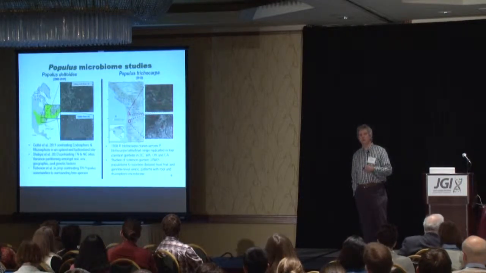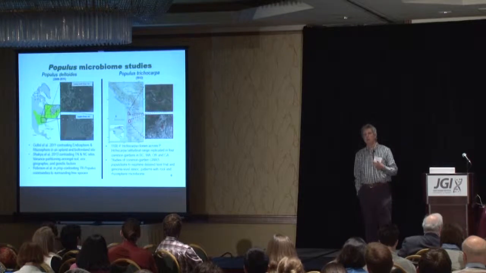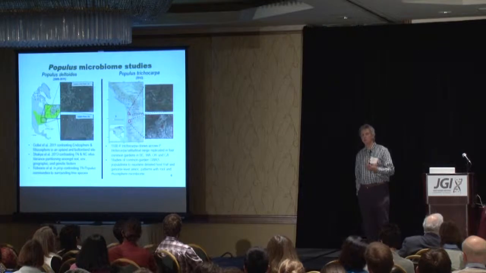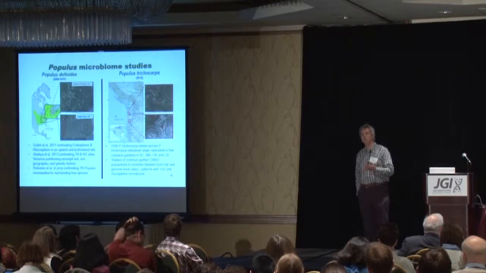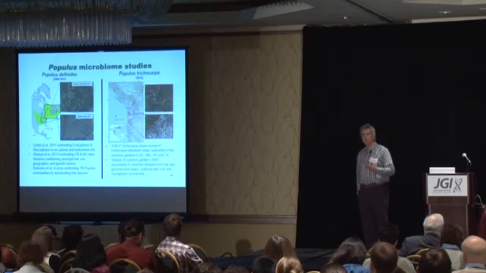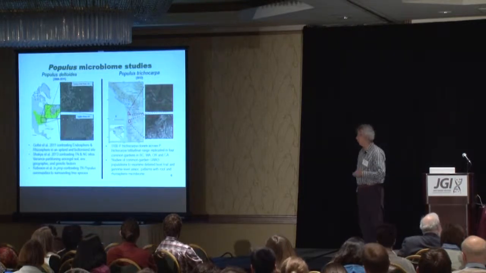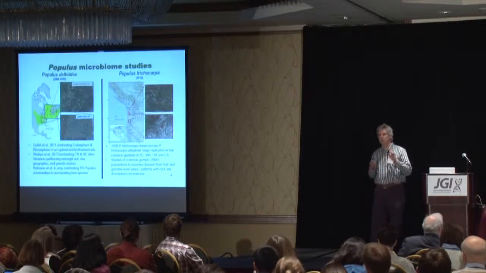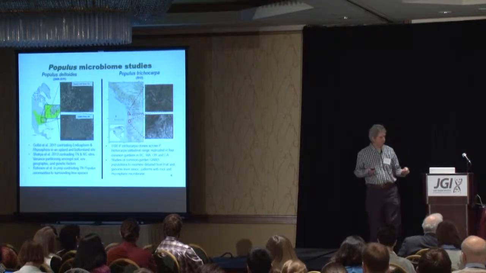More recently, the group has focused its attention on some other sites on the West Coast where Populus trichocarpa is the dominant tree species. In particular here, we're looking at a common garden study involving 1,000 cloned Populus genotypes planted into 4 different common gardens from California up into British Columbia. And again, looking at a number of different aspects involving lignin production and also the heritability of microbial communities.